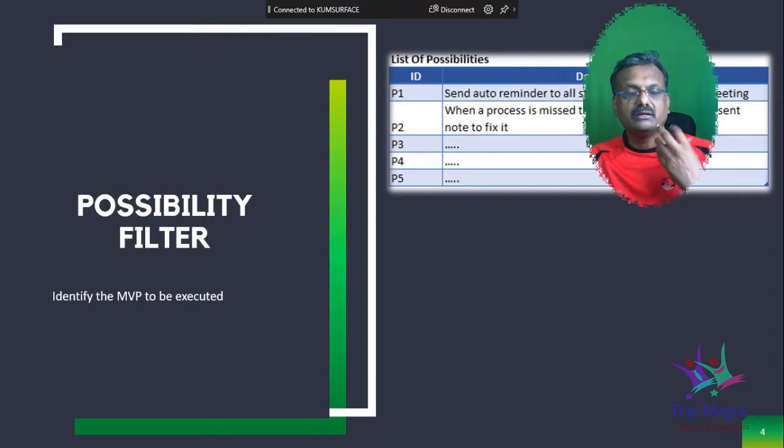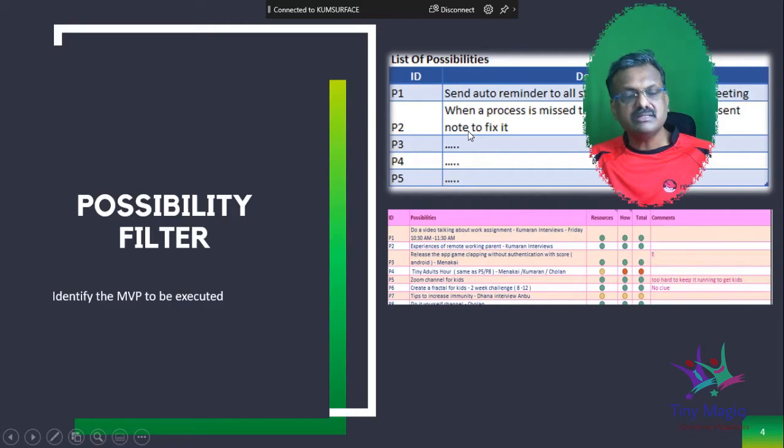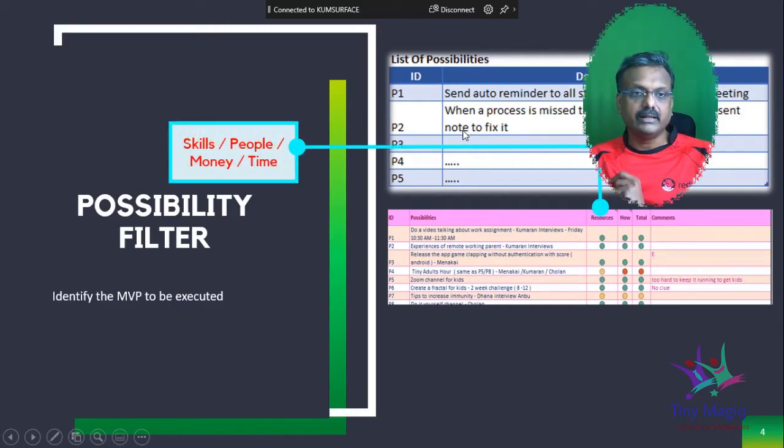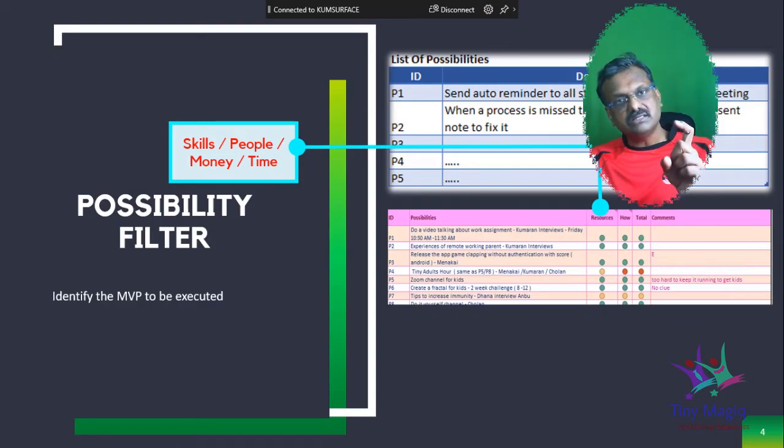Let's take another example, let's say I want to do a chatbot. The possibilities could be identify a team member, do an MVP, check if some other team has done chatbots. These could be the different possibilities. Now, once you list the possibilities, the next thing you would do is check whether you, or your team, have the skills to do it.